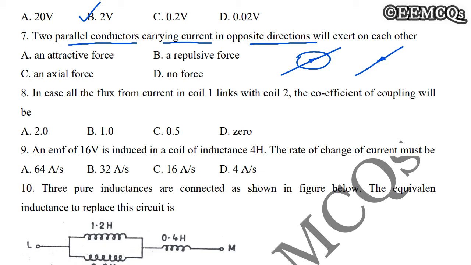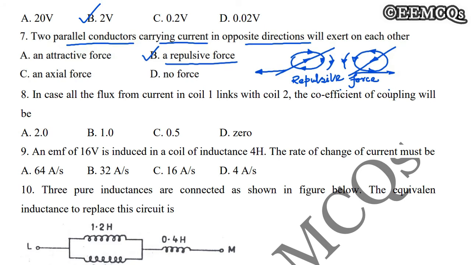This will be like this, and this will be like this. So definitely it will create a repulsive force on the conductors. So option B here is the correct answer, means a repulsive force.